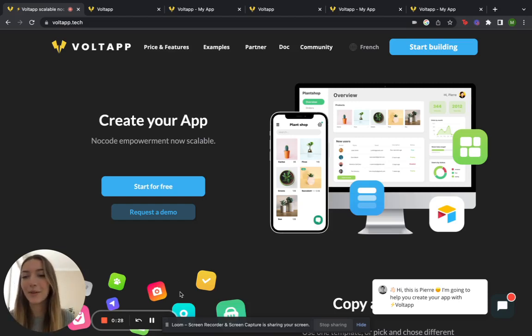Today I'm going to teach you how to create an app without coding in 5 minutes. Let's go. So welcome to Voltapp. What's Voltapp? It's a tool that we've created that allows you to easily create your own apps on a computer or on your phone using small blocks of code. These small blocks of code are a bit like Legos that you can combine, copy and paste, which will give